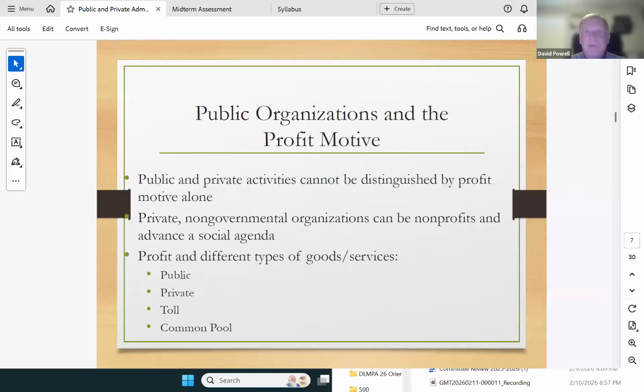So the classic example of a pure public good is national defense. Now the qualifier here is I know that the implements that are used in national defense are oftentimes contracted out. So the DoD, or Department of War, or whatever we call it these days, I still call it Department of Defense, will enter into contracts with Northrop Grumman and Boeing and all these other private contractors to produce the actual implements of war. But the idea of national defense as a whole is still considered to be a pure public good